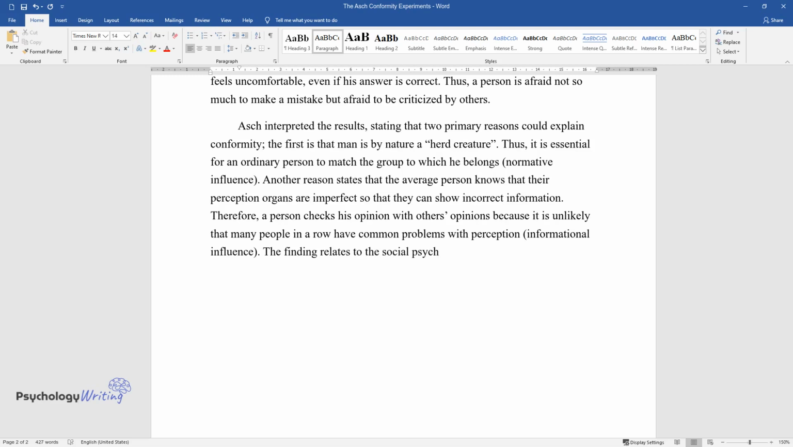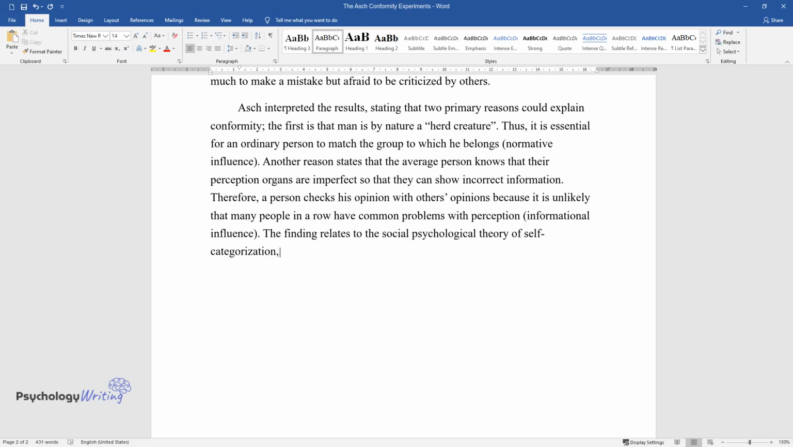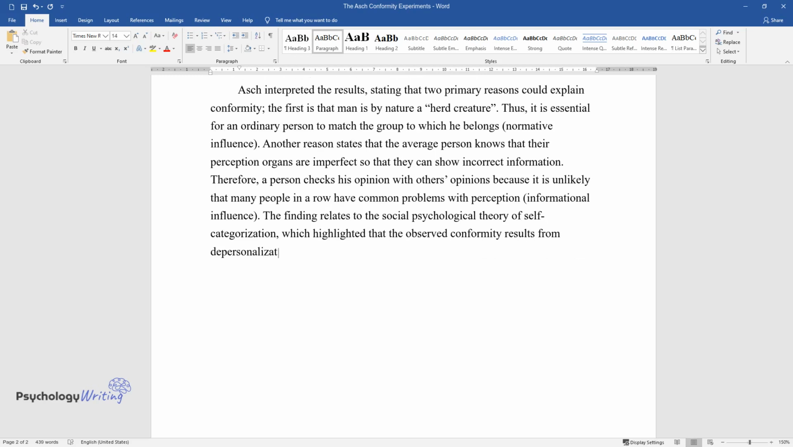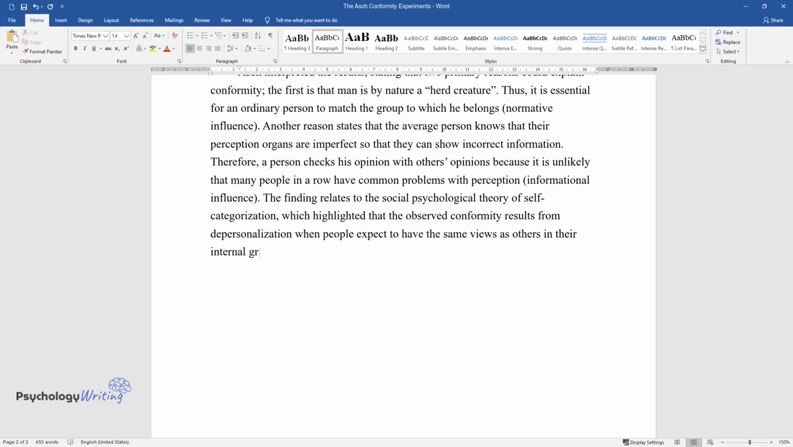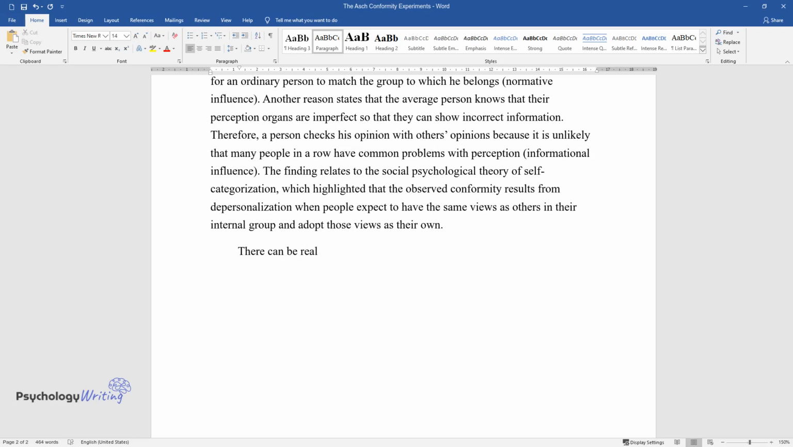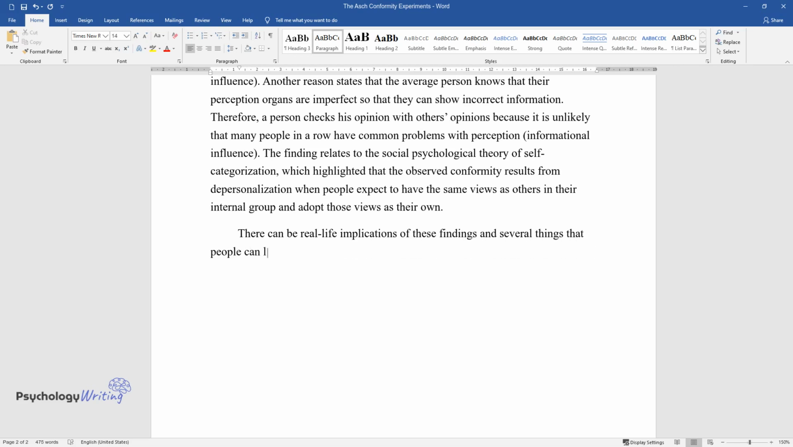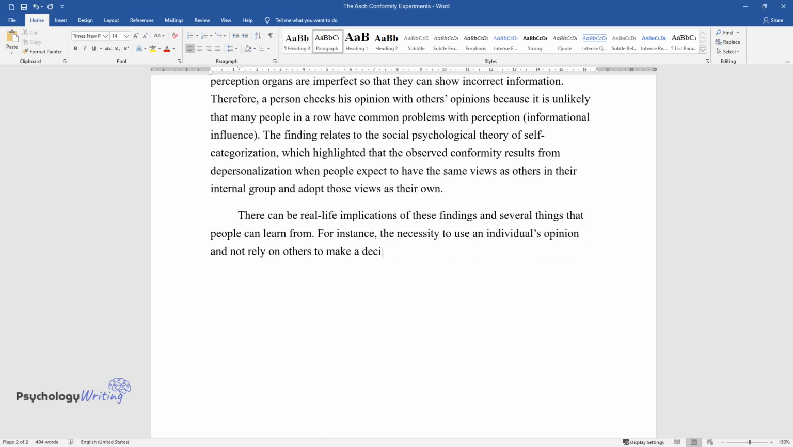The finding relates to the social psychological theory of self-categorization, which highlighted that the observed conformity results from depersonalization when people expect to have the same views as others in their internal group and adopt those views as their own. There can be real-life implications of these findings and several things that people can learn from. For instance, the necessity to use an individual's opinion and not rely on others to make a decision under social